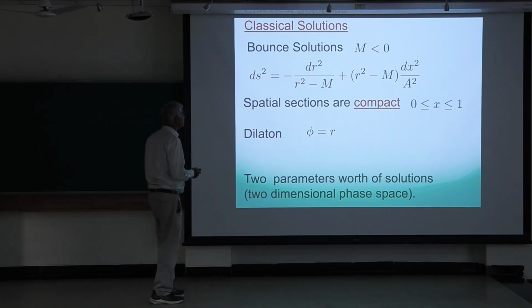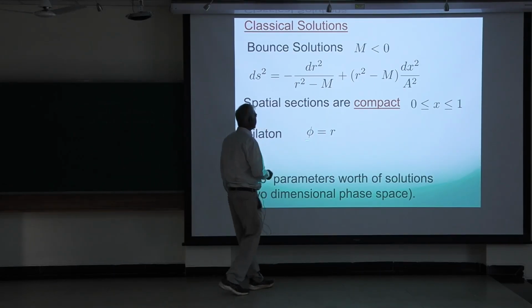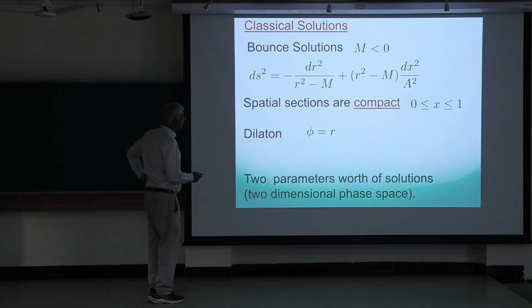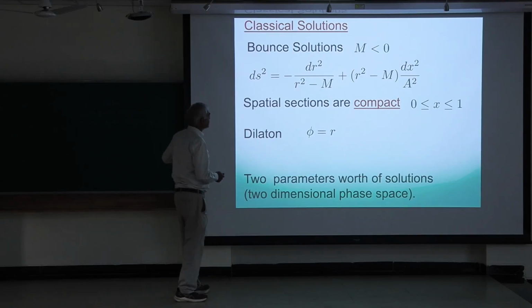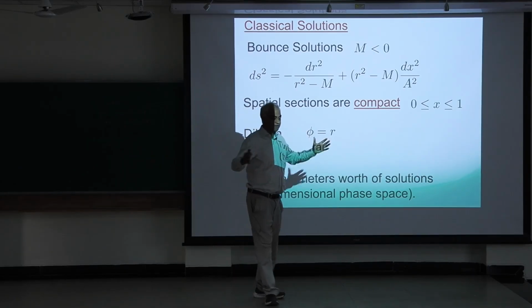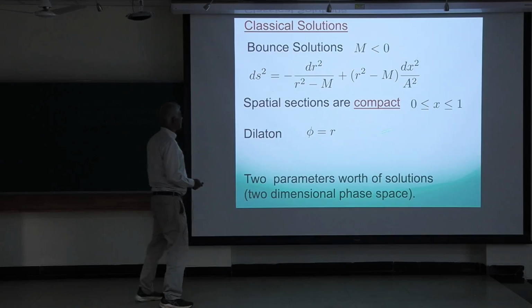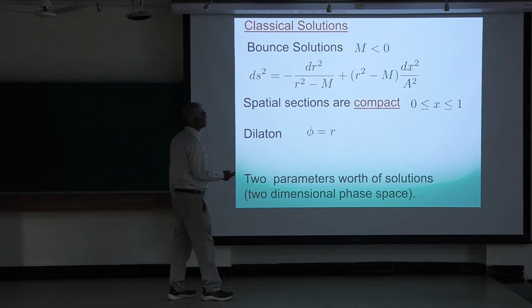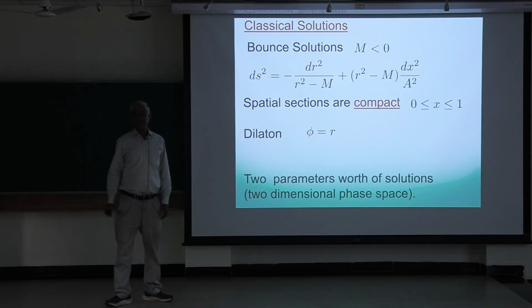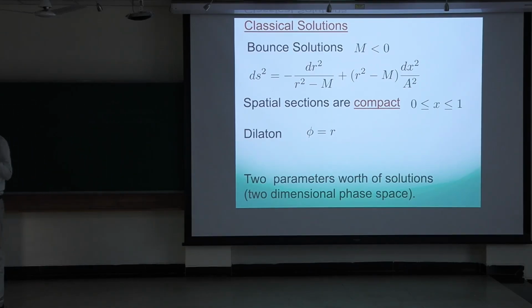And you can think of these solutions altogether as follows. I introduce a parameter m now. I rescale the coordinate r so it's exactly equal to the dilaton. And now there are 2 parameters which enter in the metric. The parameter a, which was entering earlier in the dilaton, appears in the metric, as well as this additional parameter m. And in the solutions I was describing to you, m takes negative values, and by changing m you get these different aspect ratios for the rectangle. Okay, and x here I've rescaled to be compact, it was compact earlier, but instead of going from 0 to 2 pi, it goes from 0 to 1. Okay, so this is an entire class of solutions, very simple, just 2 parameters.